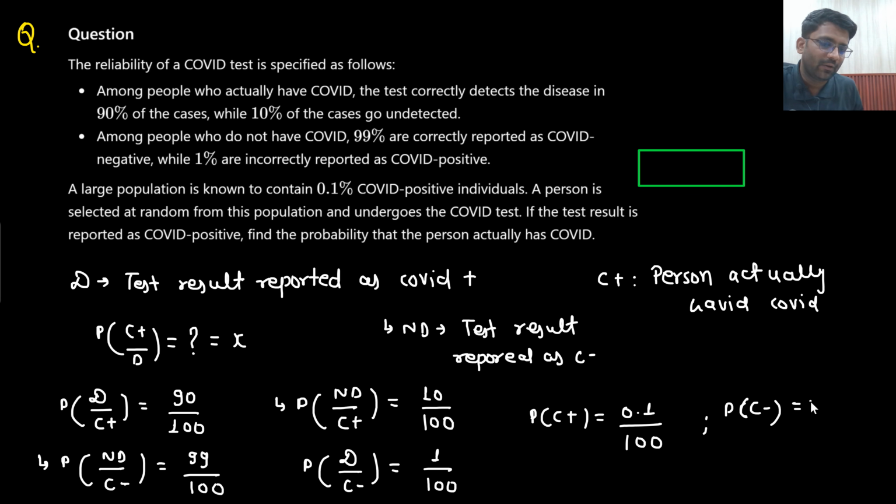So how many people are not having COVID? That would be 1 minus 0.1 divided by 100. So that would be 100 minus 0.1. 100 minus 0.1 would be 0.999. Right? 100 minus 0.1, this is a very,